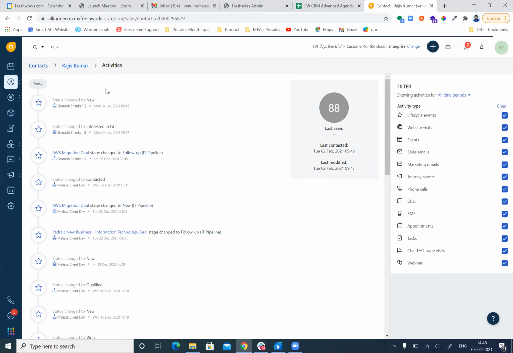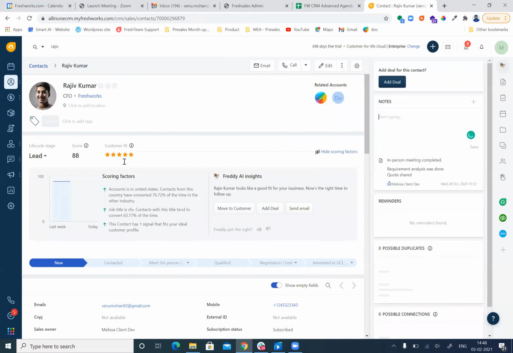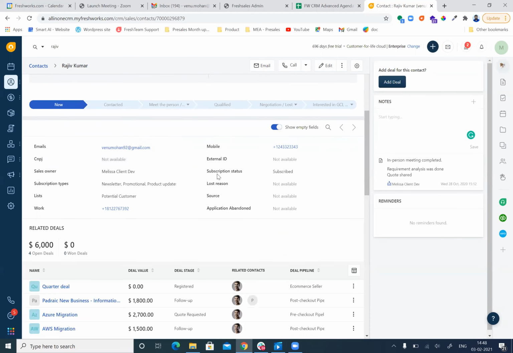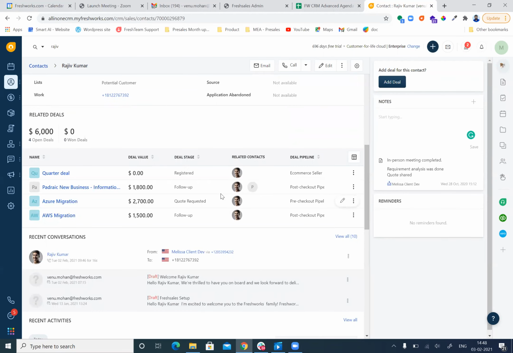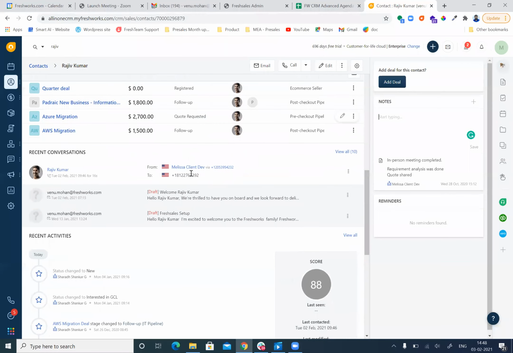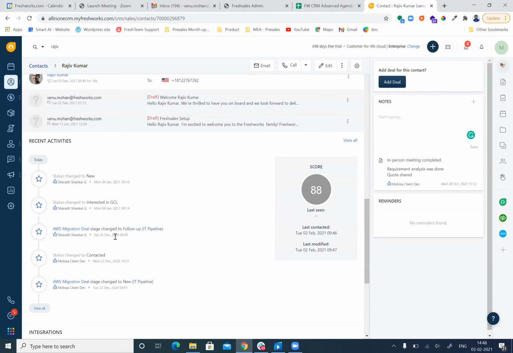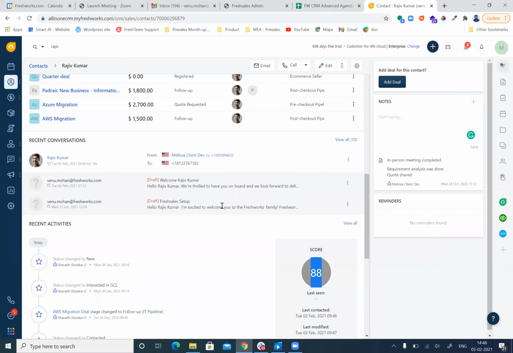So these are the four key metrics you are able to see as part of the customer profile: the basic information, the business opportunities, the customer engagement conversation details, and the history of log information about the particular customer. Other than these four key metrics, the CRM also helps you to generate a score. This score is generated based on the interaction between your agent and the customer. So you can also train Freddy to generate the score.